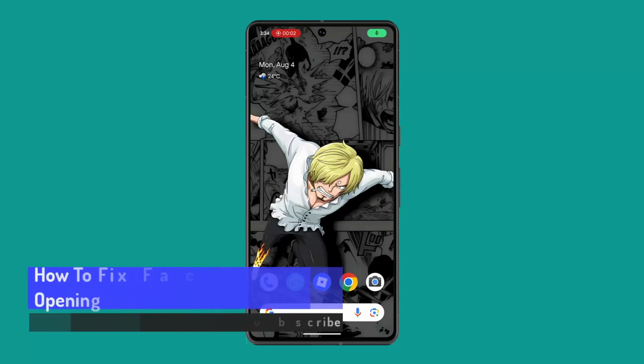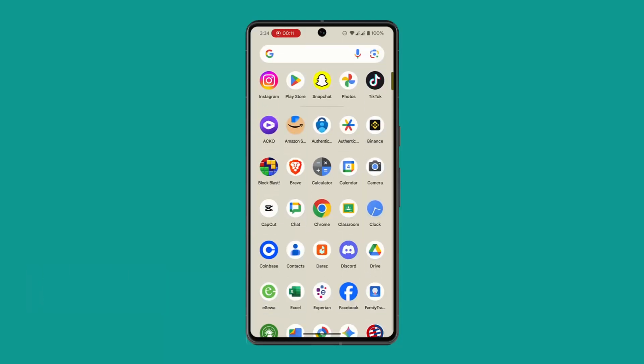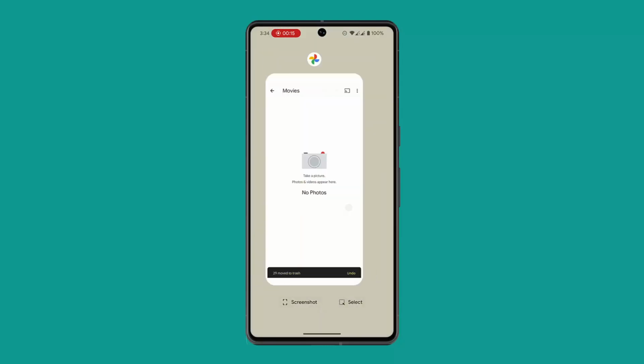How to fix Facebook Lite not opening. In this guide video, I'll be showing you the step-by-step procedure to fix your Facebook Lite not opening. So first of all, you want to start by completely closing the background running app, just like